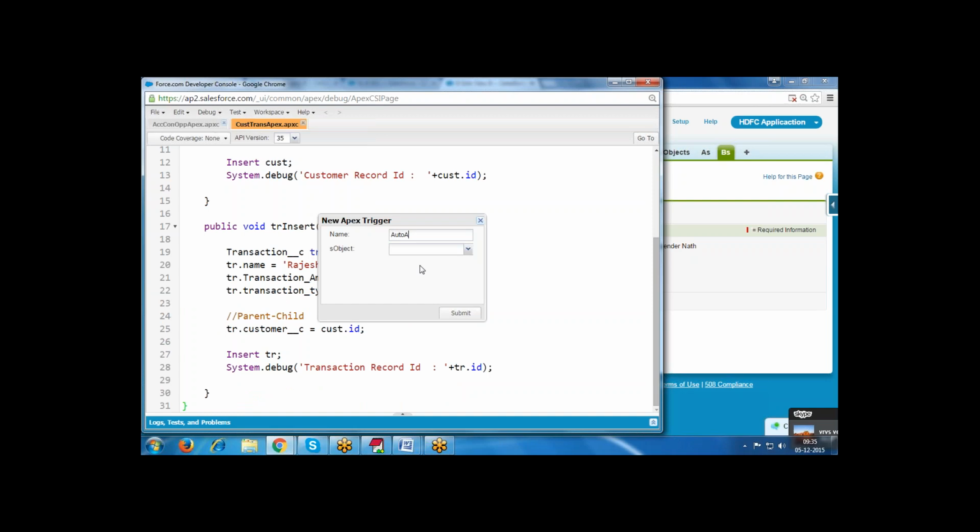Auto A update trigger. So if I write on the B field, automatically it is updated in the A.